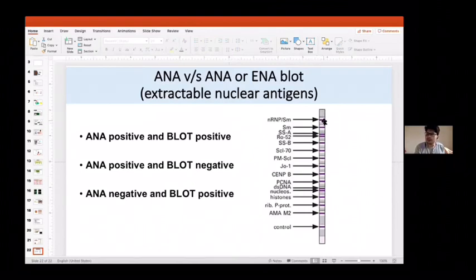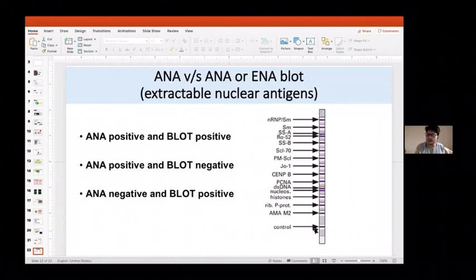Now this blot paper, when I'm plotting it, I have to make it linear. My protein should be linear to get plotted on this. So isolated, separate, linear protein. Why am I stressing it? In ANA by immunofluorescence, you have a cell line which is in its natural form. In ENA blot, you are getting the antigen out of the cell or the nucleus, then you are making it in a linear configuration, and then you are plotting on nitrocellulose, and you plot so many things together.